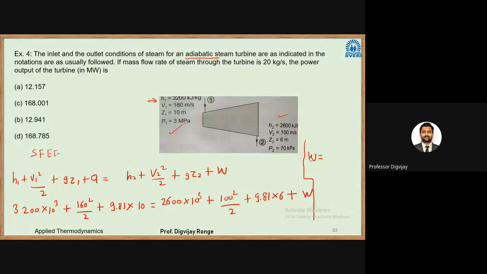Sumit Taure, good. After a long time I'm seeing your name, Sumit Taure. Okay, yeah, sir, Khati, Shudha Patil. Okay, some new names are also there. So what will be the answer? Calculate W.